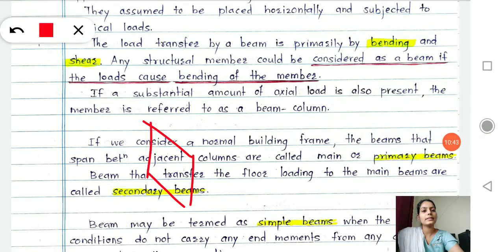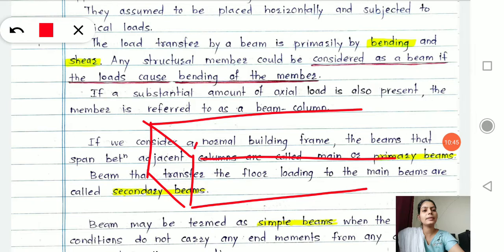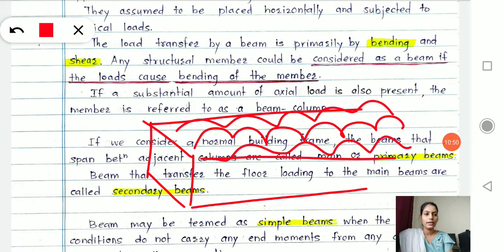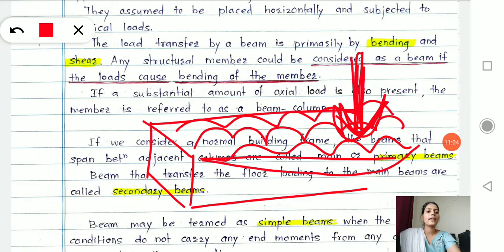If I say this is the beam, and this beam is carrying uniformly distributed load all over its transverse direction, alright, but somewhere in some region there is a point load acting upon your beam. That point load causes our section to bend down and causes an extra moment. Then that beam never remains a beam only. We define it as a beam column.